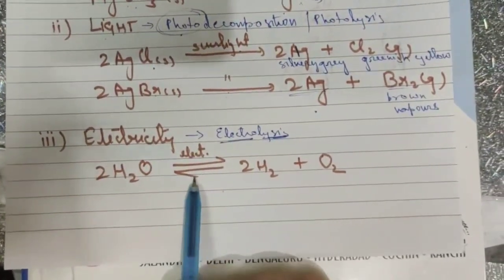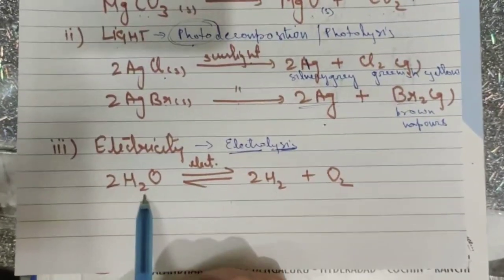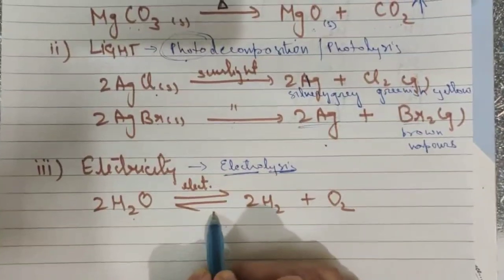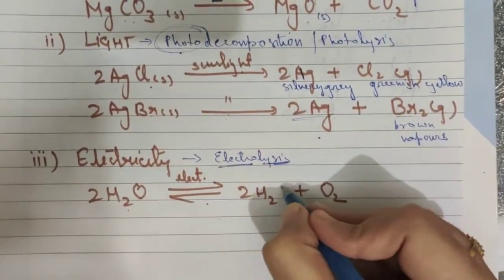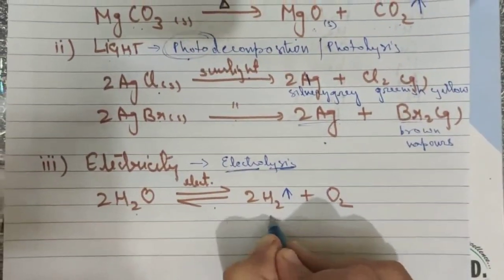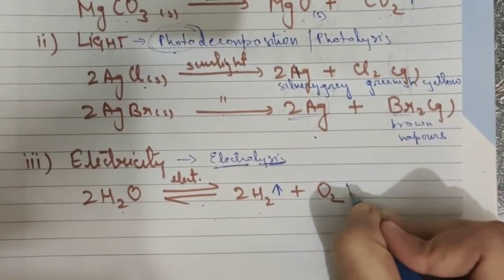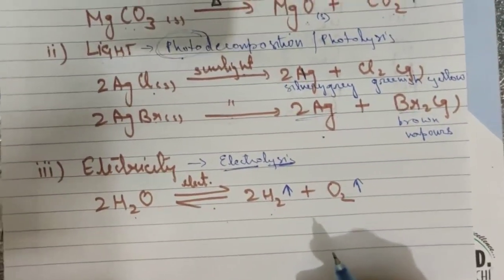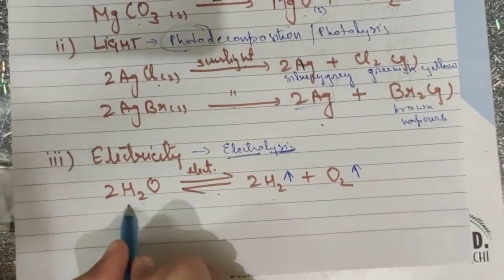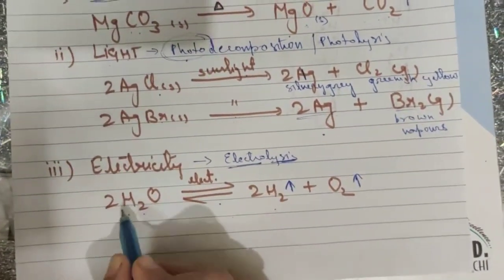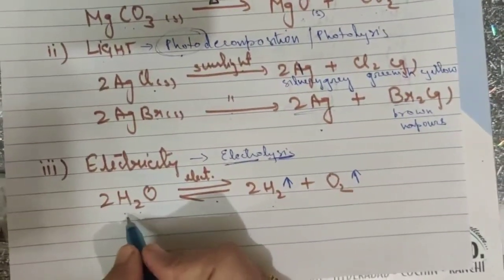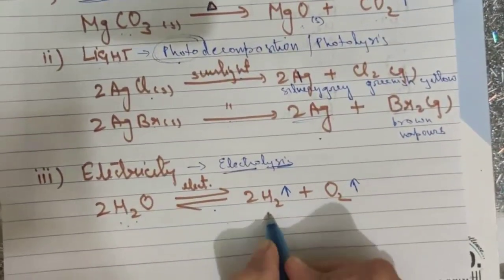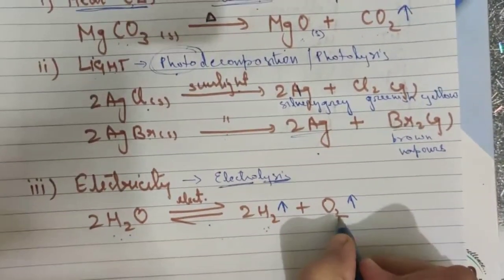of electric current, as in case of electrolysis of H2O, that is water. When an electric spark is passed through water, what happens? It dissociates to produce 2 volume of hydrogen and 1 volume of oxygen. Why am I using this term volume? Volume means whatever volume of water you are taking here. If you can see, as in this example, 2 volume of water is taken here, and the product produced here is 2 volume of hydrogen and 1 volume of oxygen.